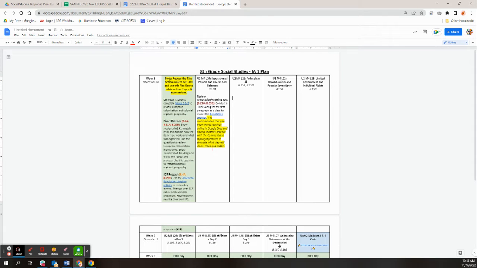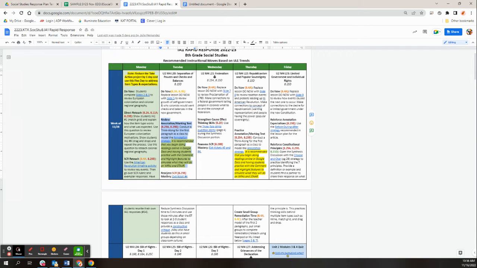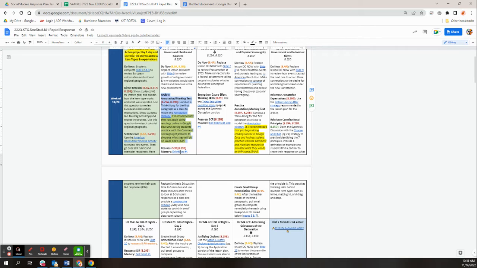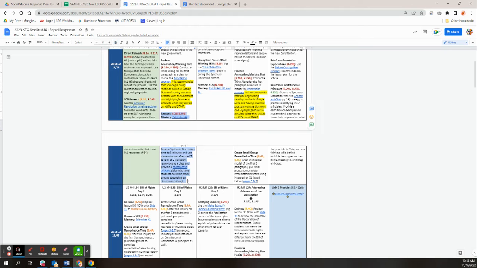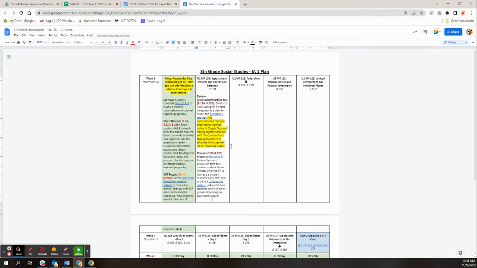moving my Google Docs online and modeling how to highlight with comments, things like that. So I'm just going to copy that one and put it on here because I know when I do my think along now for the first paragraph, I've got to do that. And then this says I could do an SCR exit ticket number 4. It's telling me to reduce the discussion and then actually look at some other responses, make time for that to do feedback. I think that's a great follow up to what we did the day before. So I'm going to go ahead and take that as well. So now I know when I'm going to teach on Tuesday the 29th, kind of where I need to start making those adjustments in my lesson plans.